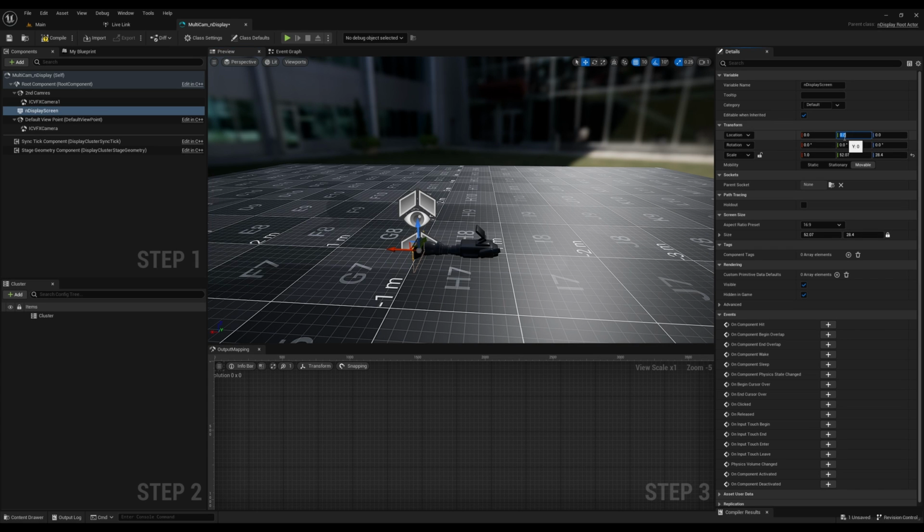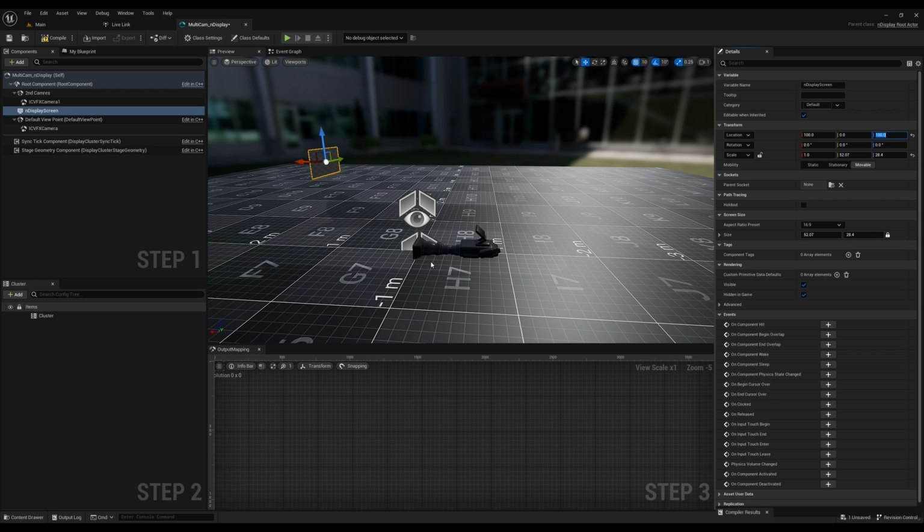Let's also say that my screen is going to be 100 centimeters away from my camera, or 100 centimeters away from the turntable actually, and we'll give it a height,